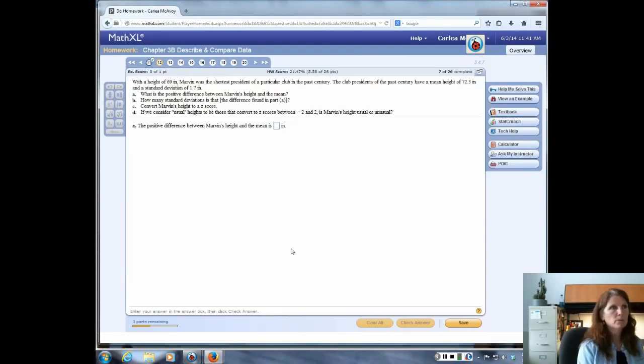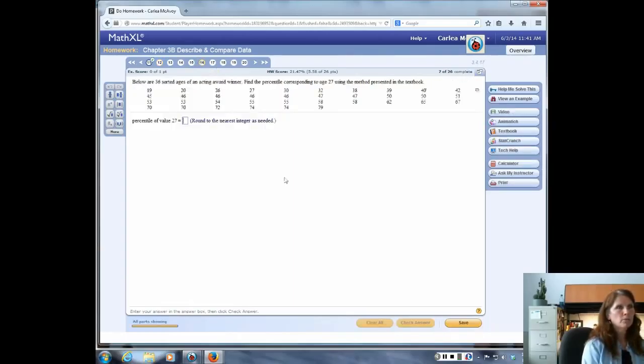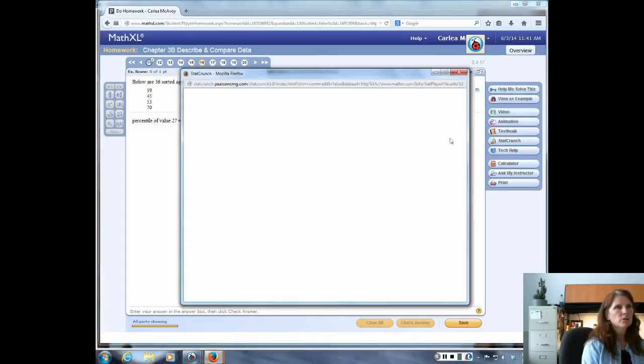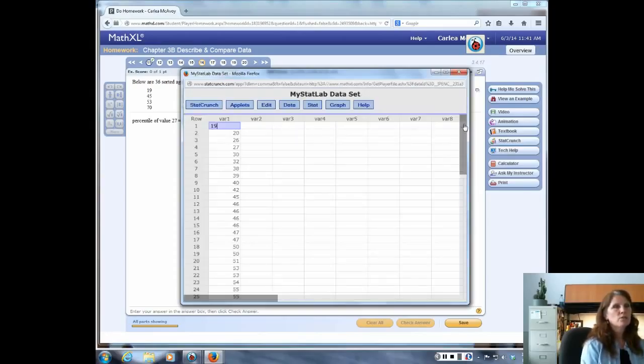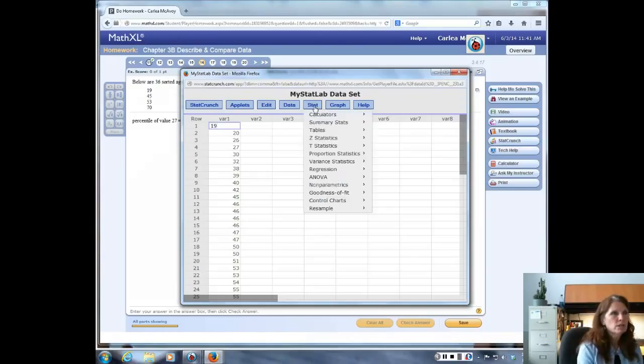This is number 16, and we've got 10 problems left. Sometimes, I don't know if StatCrunch works in here. Sweet. If you open StatCrunch, it just puts it all in there, and you can just do this without having to enter in your calculator. I didn't even know StatCrunch worked in MathXL. I thought it only worked in MyMathLab. Sweet. So then we can go to